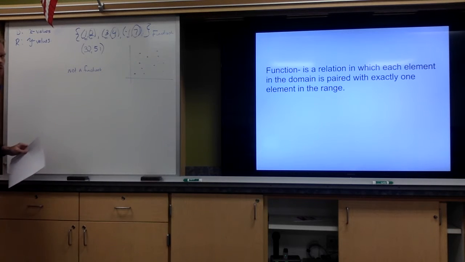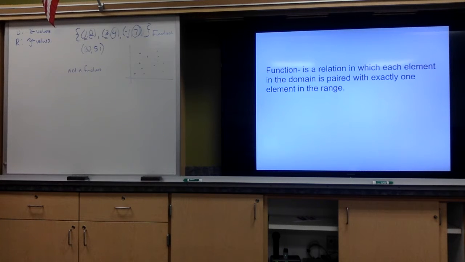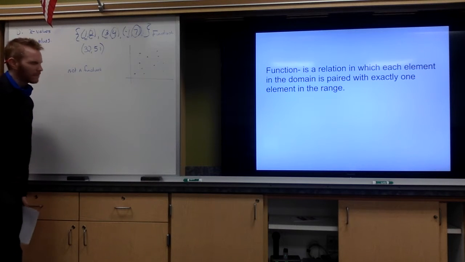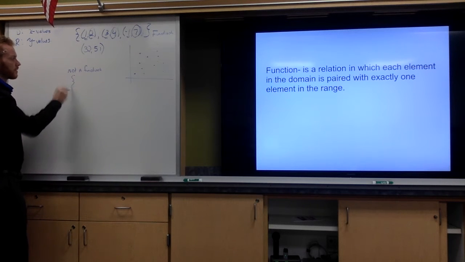And I know that's not on the screen, but let's talk about it. So if a function has each element paired up with exactly one element in the range, it has to be the opposite to be not a function. So that means